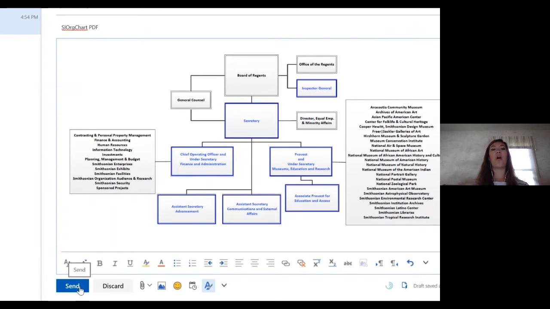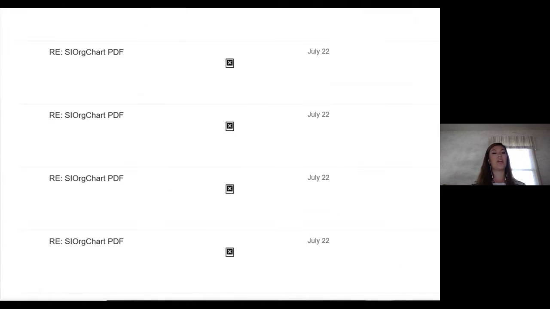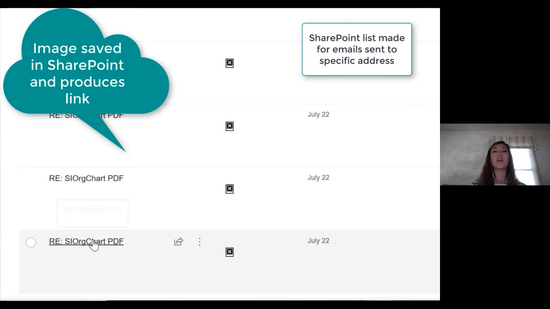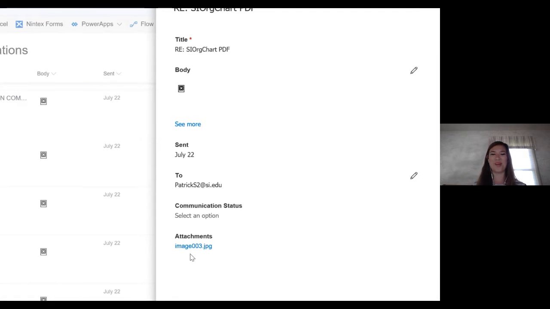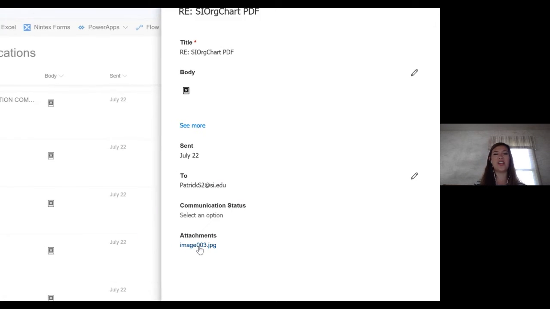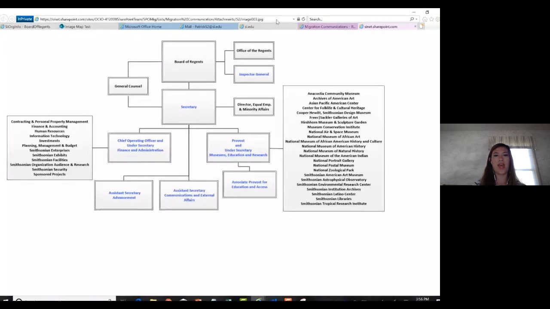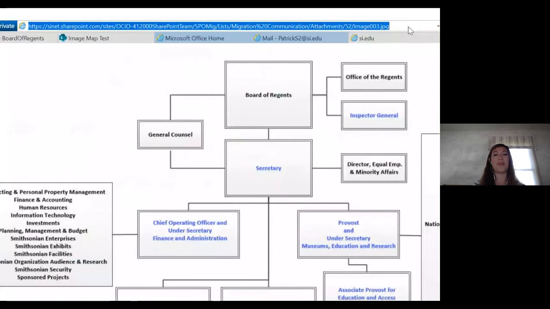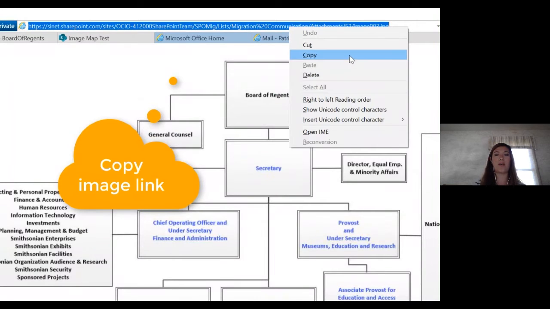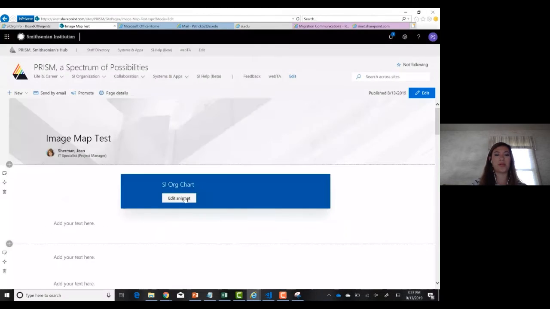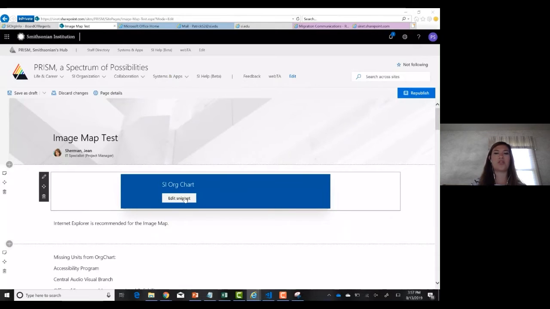So really the overall goal of this step is to get your image somehow into SharePoint so that you can get a link, because that's what I want to use in my code so that it pops up. You can see here it's already in SharePoint, and now I have this link when I open it up, and that's what I want to use for the code. So I copy that,